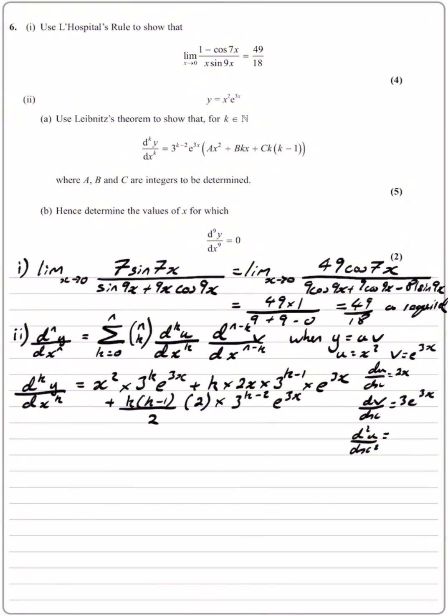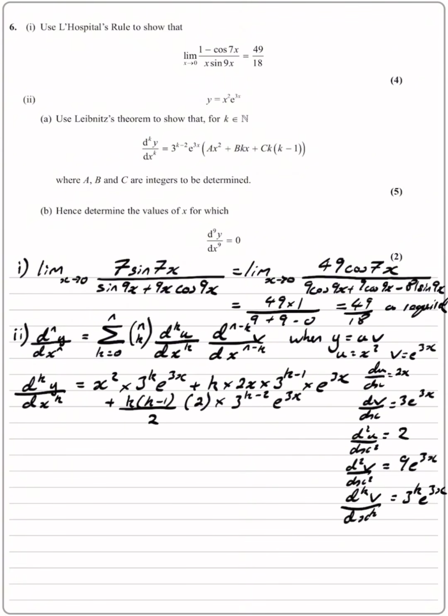Differentiating e to the 3x, we're going to multiply by 3 each time. And we can generalize that to get the kth derivative of e to the 3x, which will be 3 to the k times e to the 3x. And that gives me everything we need to use